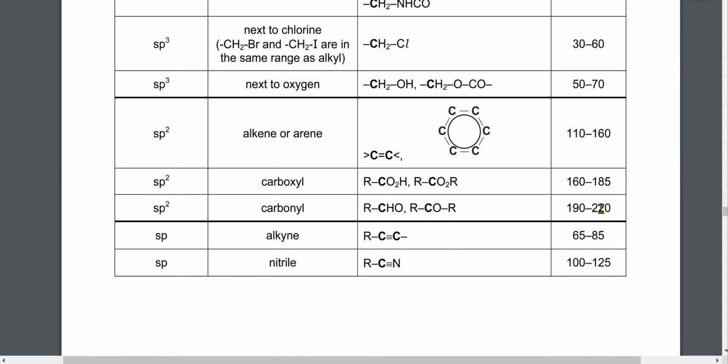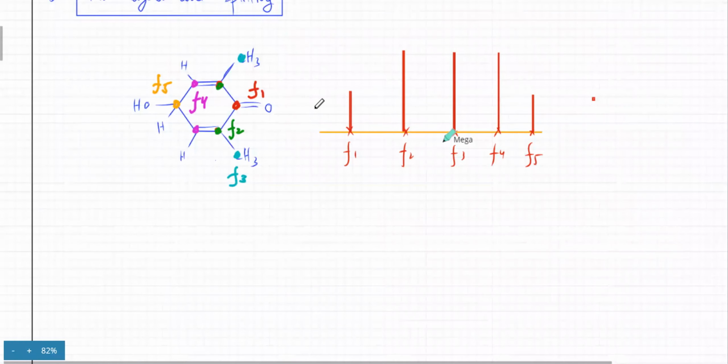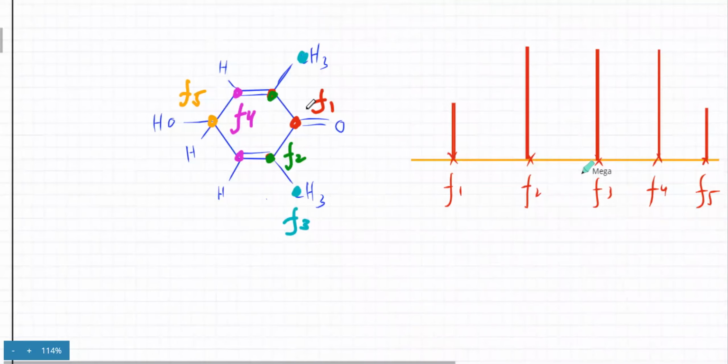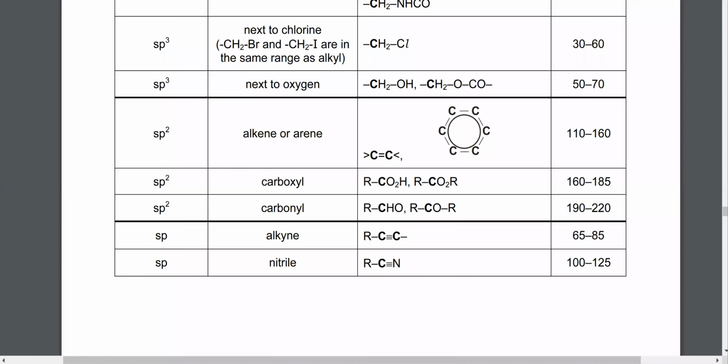These two are not overlapping. But most of the time you're not going to get a very big question on this. Questions would be very similar, and they would just be asking what the chemical shift ranges are for this. For example, they might ask you about C=O. So you just open the data booklet, look for C=O. I think this is carbonyl C=O. So you're going to tell them that it would resonate at a chemical shift of 190 to 220.